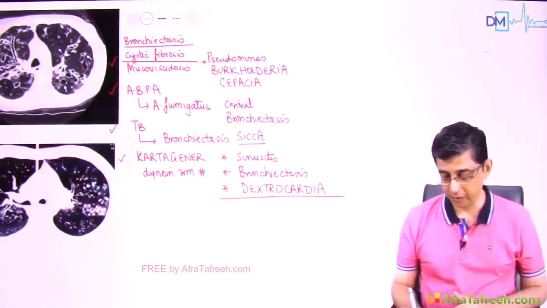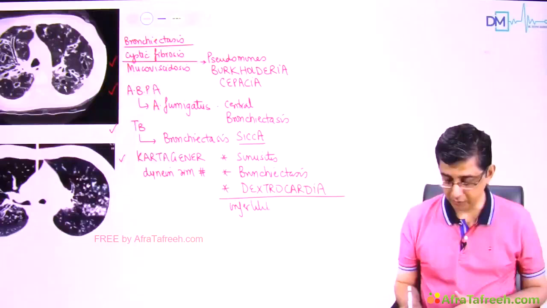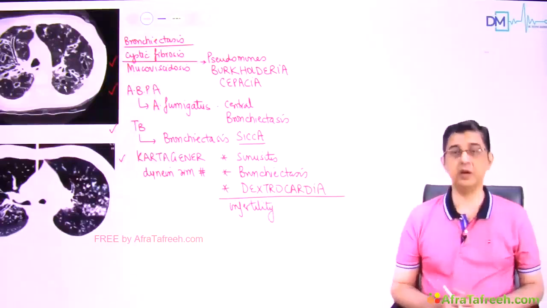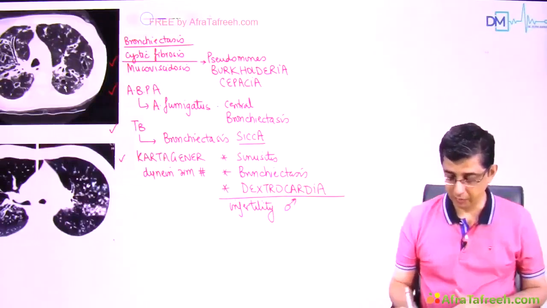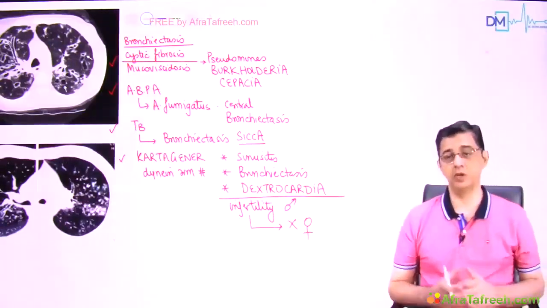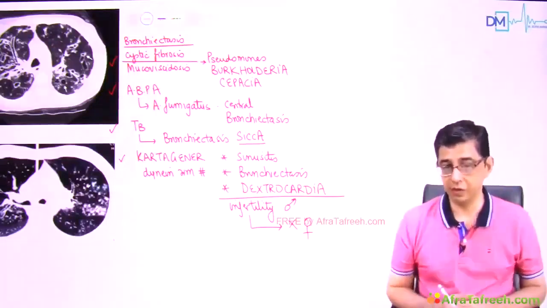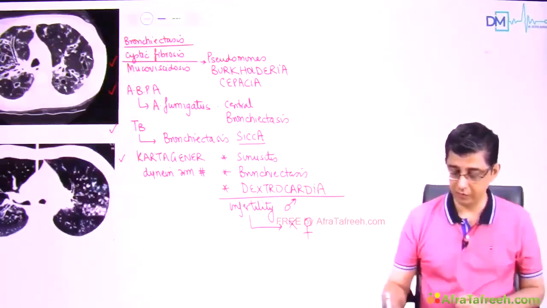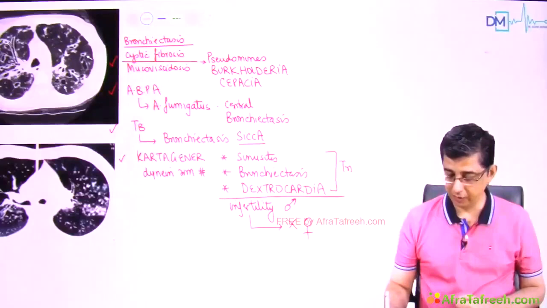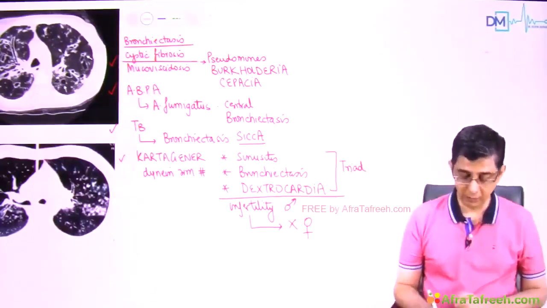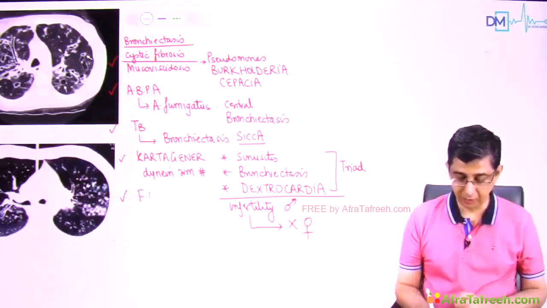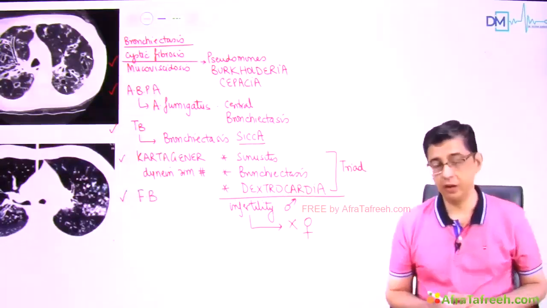Remember that in the triad of this condition, infertility is not included. The reason for this being that the infertility that is seen in Kartagener syndrome is encountered only in male patients, but the infertility is not encountered, I'm putting across, in female patients. So because infertility is not a constant feature of Kartagener syndrome, therefore infertility is not included in the triad of Kartagener syndrome. These are some of the important causes which are responsible for bronchiectasis, and one of the easy